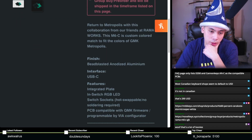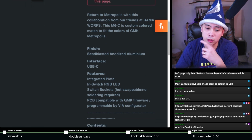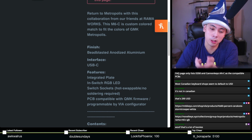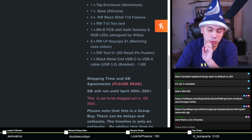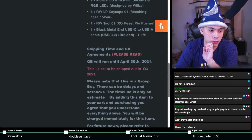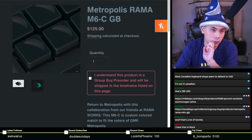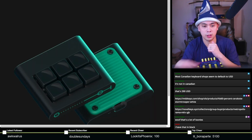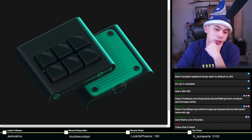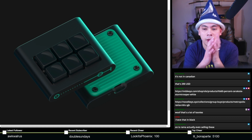Let's see, anything else here? USB-C, integrated plate, in-switch RGB LED switch sockets, which are hot swappable, compatible with QMK and VIA, all the usual stuff. Oh yeah, let's go take a look at that. Open image in new tab, let's check it out. I've seen a few of these in person and they really do look beautiful, but